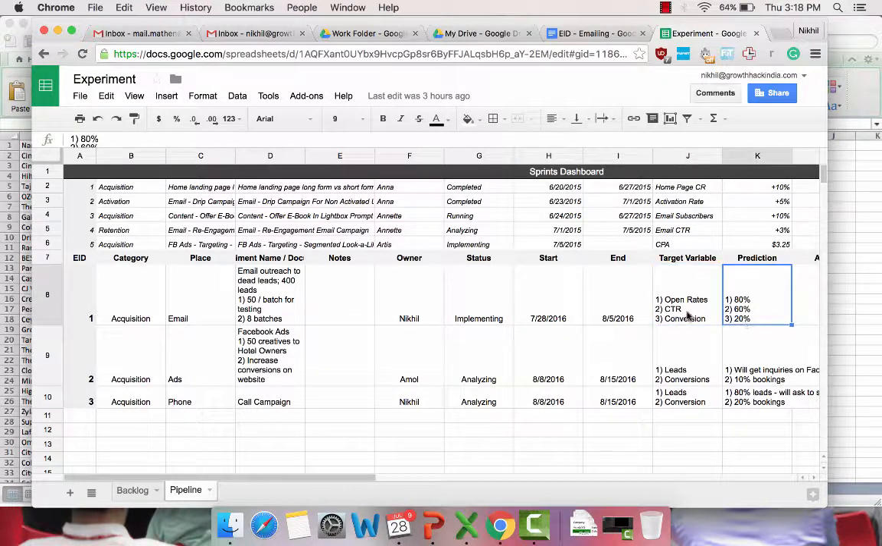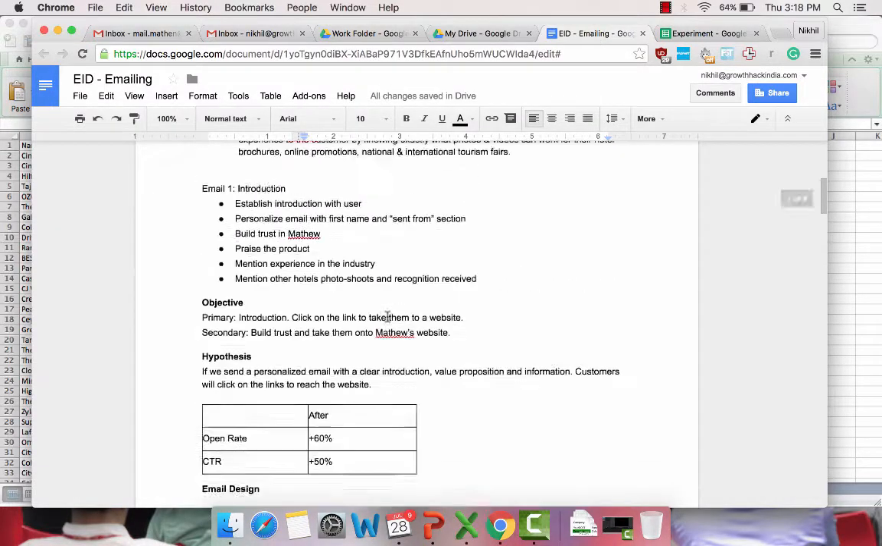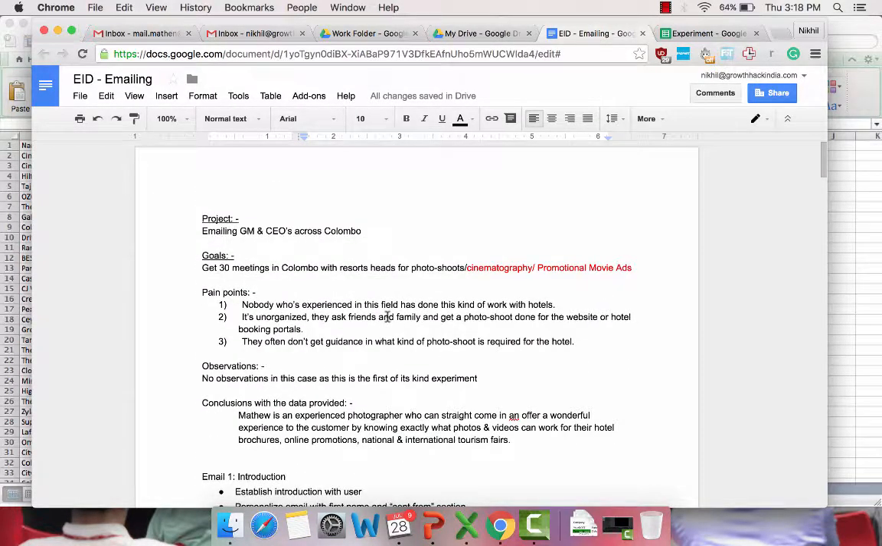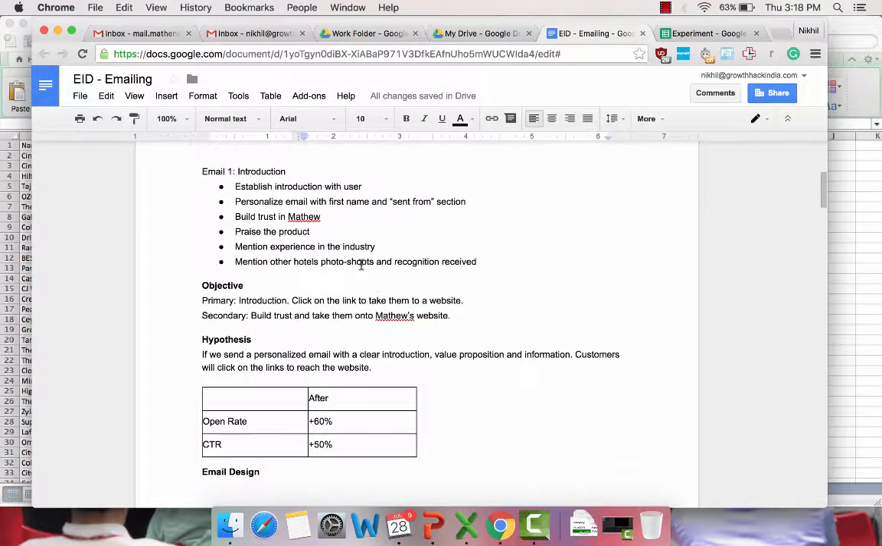So I'm expecting 80% open rates, and around 60% of them will click through these emails, and 20% of them will actually convert. This is the details of the goals. So I need to get around 30 meetings from this project, which I'm doing. And from these 30 meetings, I want to establish